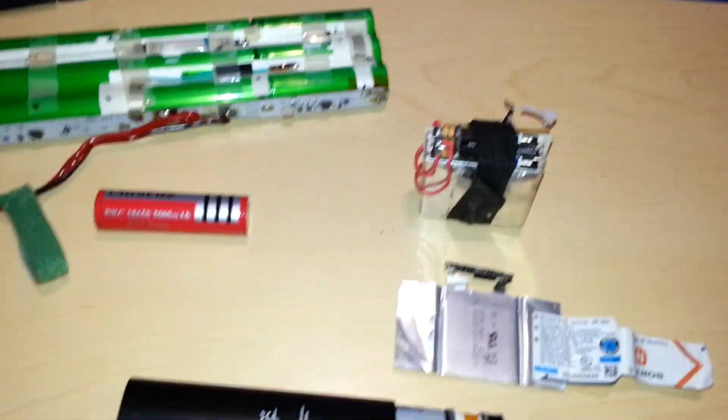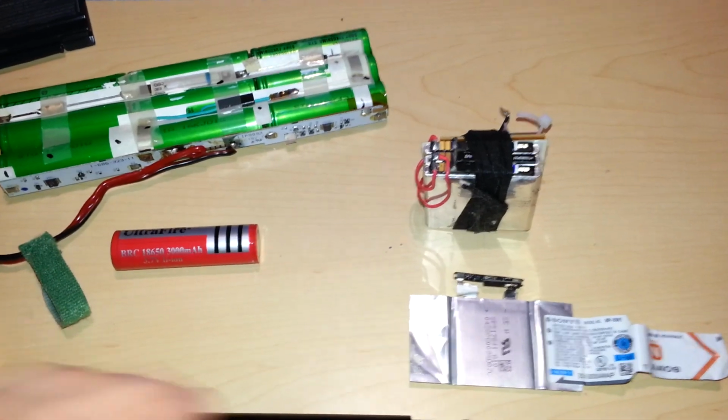We're going to make this as short as possible. Sorry for the jitteriness. I don't know why. I'm supposed to have anti-shake. Anyway,